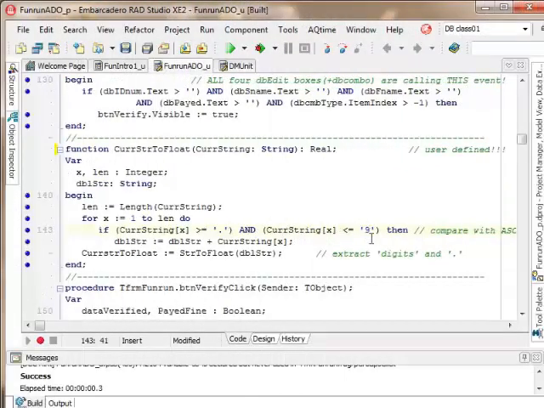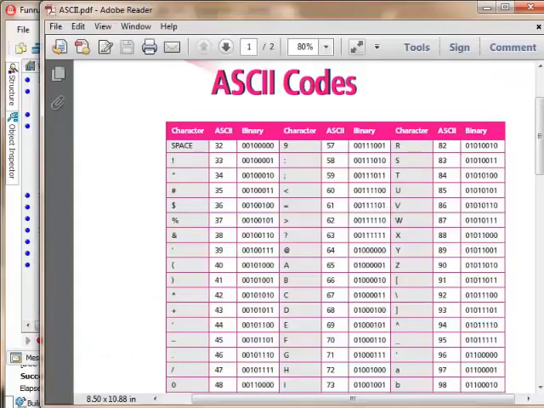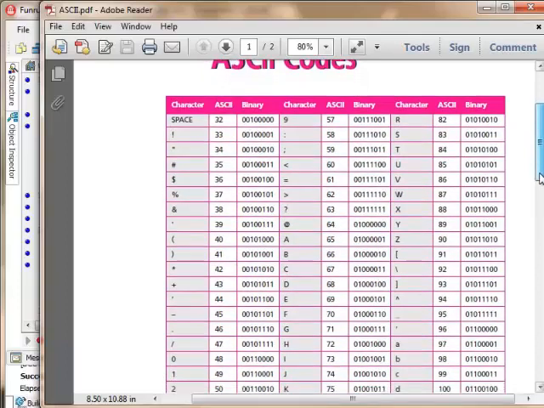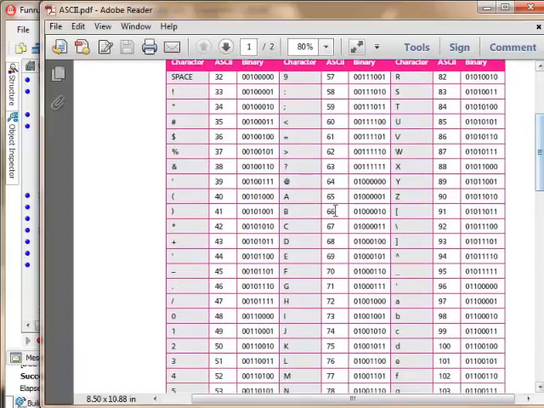Maybe the best is to compare it with the ASCII table. So let's quickly get an ASCII table up here. So there's my ASCII table, and you can clearly see as we are searching for the dot, there's my dot at position number 46. So any character being bigger or equal to that 46,